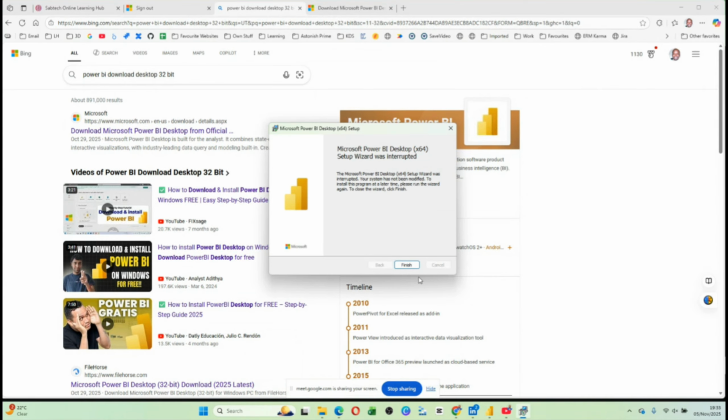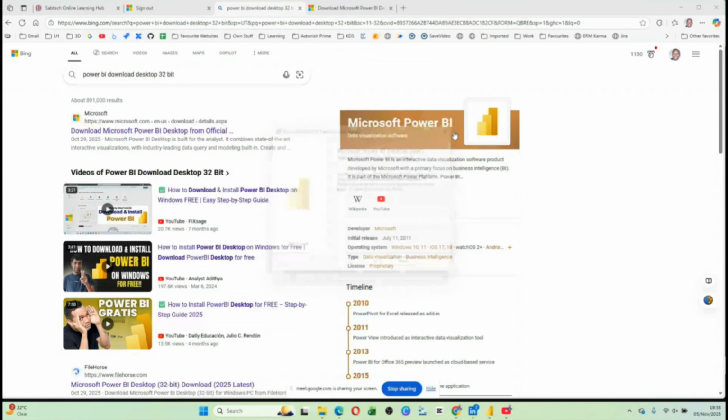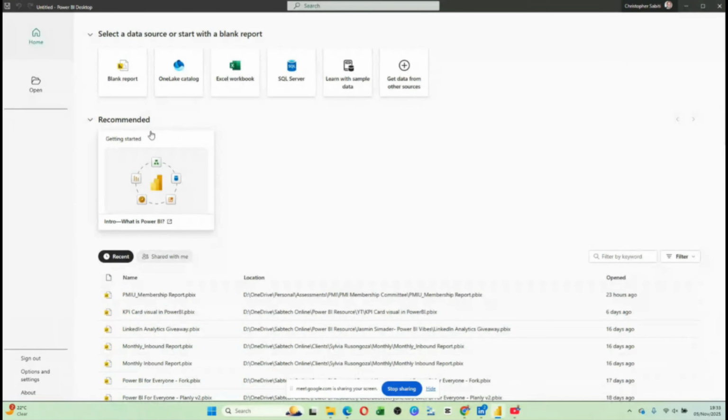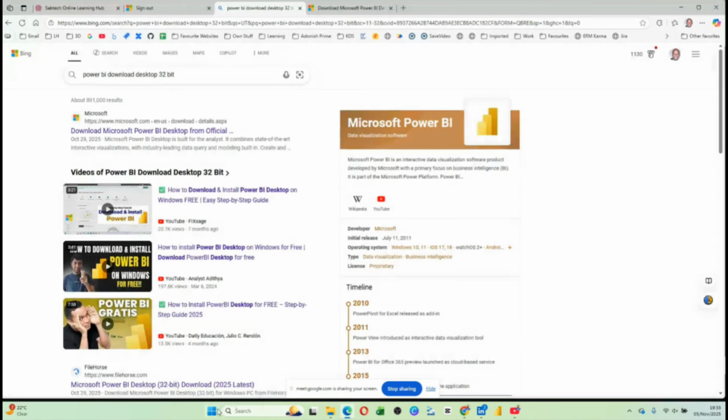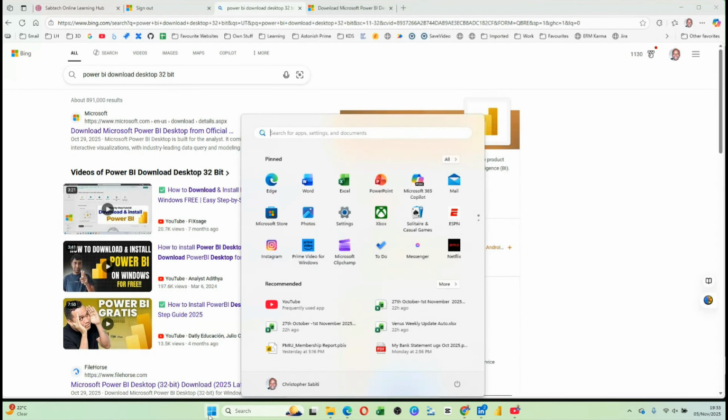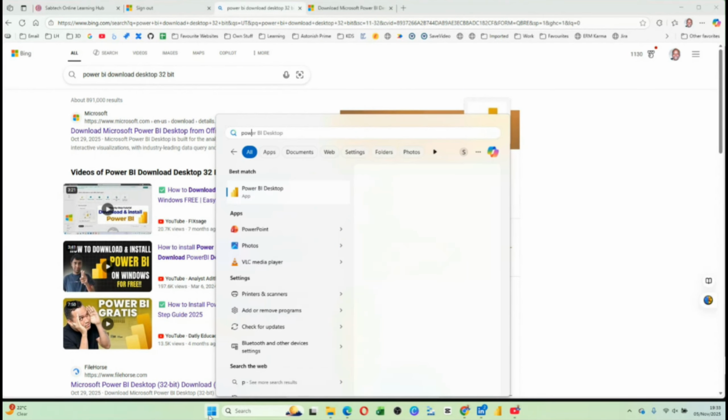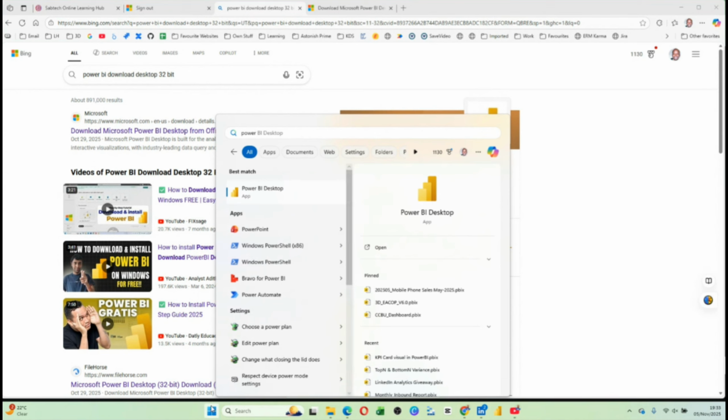So since I already have it, I can't install it. That's why it is automatically giving me finish. But if you didn't have it, it will give you next. Just follow next, and finish. The moment you finish, this is the interface you'll have. How do you get that interface? You go to your Windows button, start button, search for Power BI, because it will be already part of your